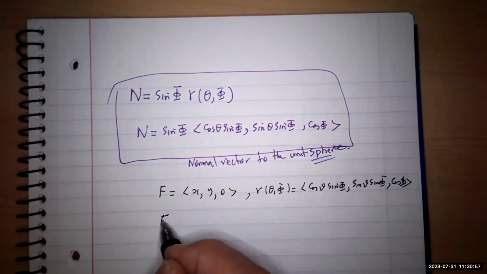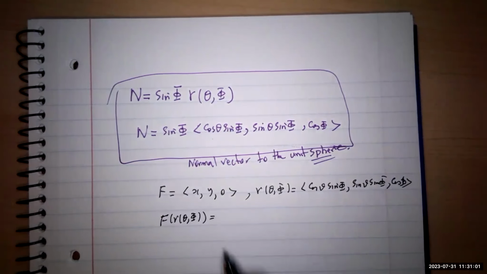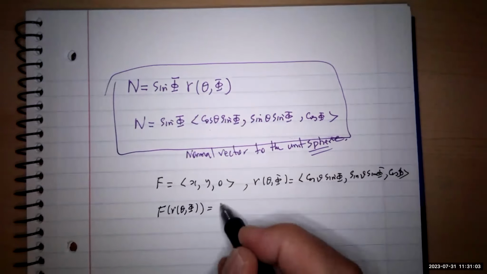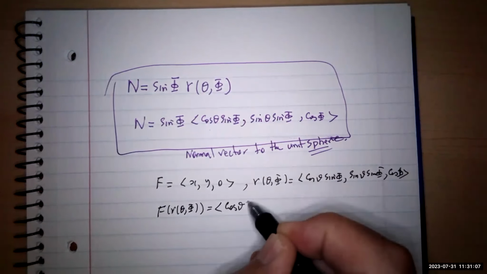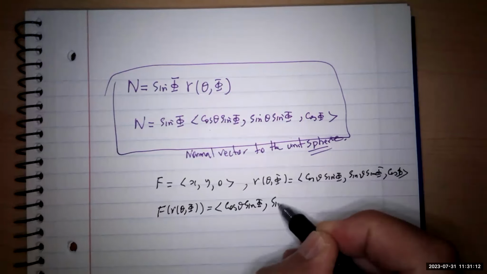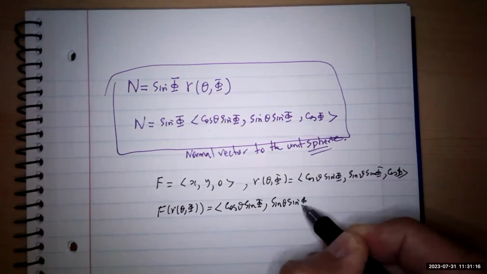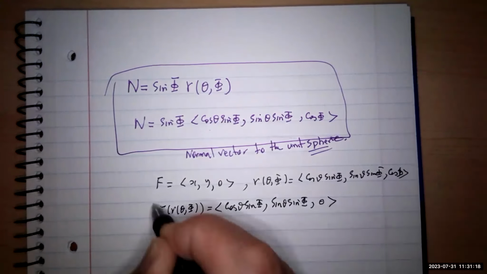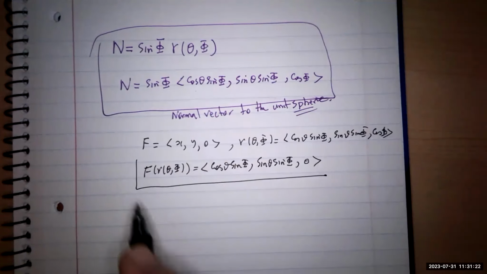So find f of r of theta and phi. Just substitute for x and y. So that gives you cosine theta sine phi for the x, sine theta sine phi for the y, and the 0. So this is f. Then you have to find the f dot n,